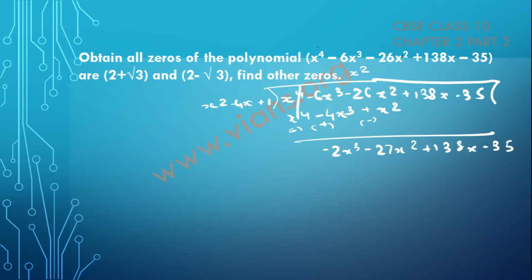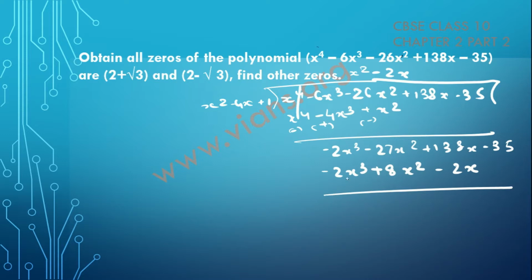If I multiply this by minus 2x, I will get minus 2x cube, minus 2 into minus 4 is plus 8, correct? Plus 8x square, and this will become minus 2x. So this will become plus minus plus. So 27, 28, 29, 30, 35x square minus